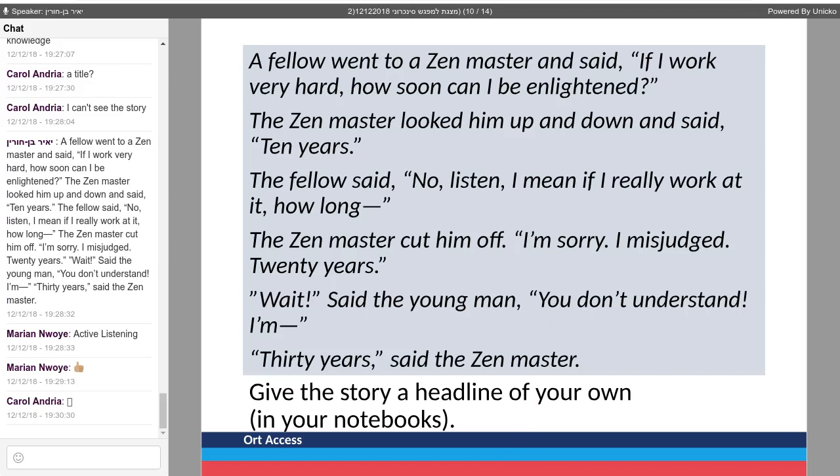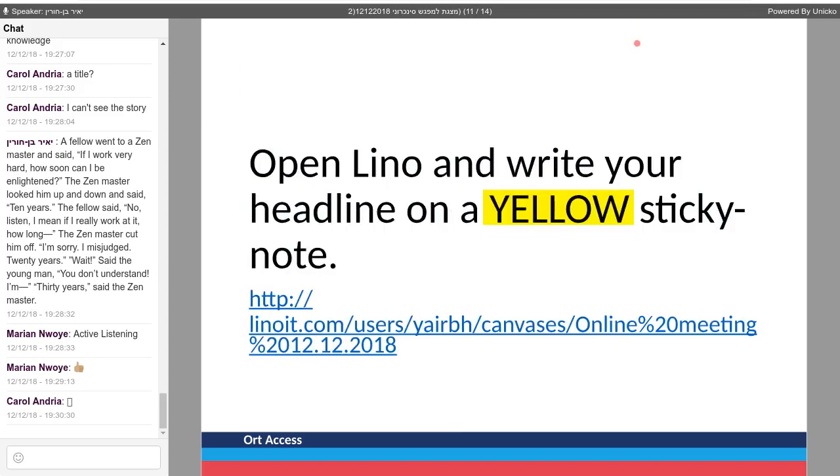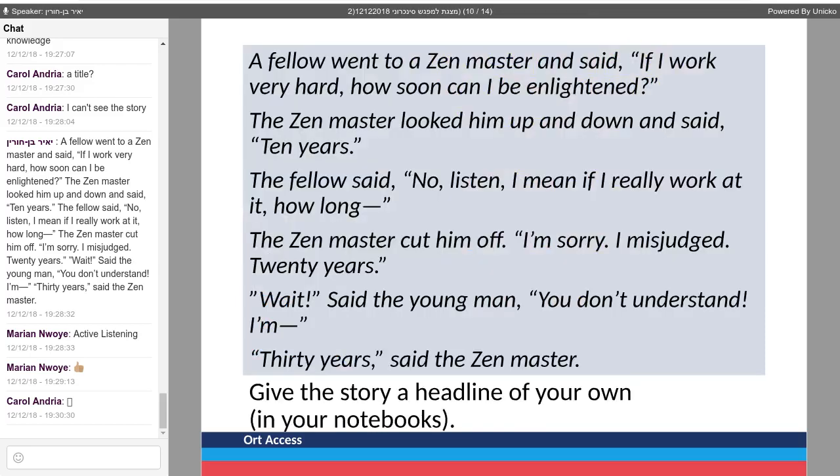Now we are going to share our titles. We want to make it visible. You remember we talked about visible thinking, making our thinking visible. So now we are going to write the titles on a special board, and in a moment Yair will explain how. Okay, so we are going to use another tool,